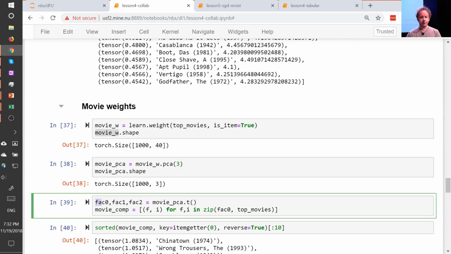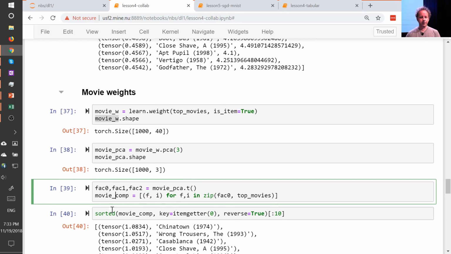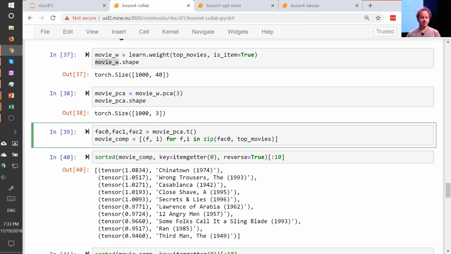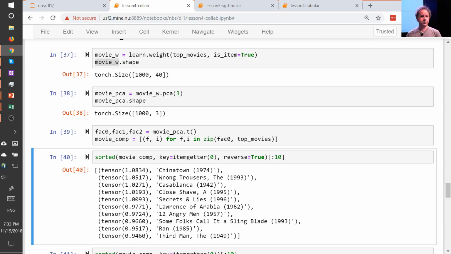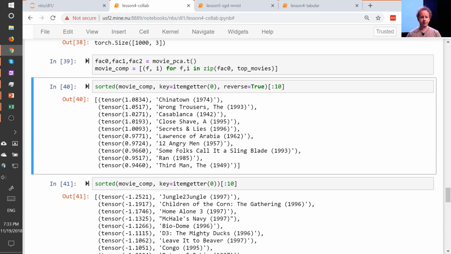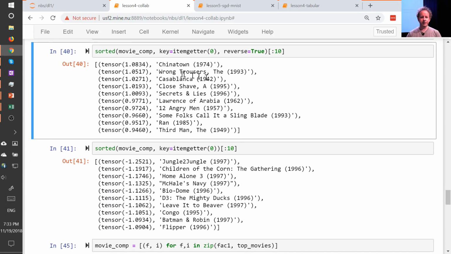So we can grab each of those 3 factors. We'll call them factor 0, 1, and 2. Let's grab that movie components and then sort. Now we have no idea what this is going to mean, but we're pretty sure it's going to be some aspect of taste and movie feature. So if we print out the top and the bottom, we can see the highest ranked things on this feature, you would kind of describe them as